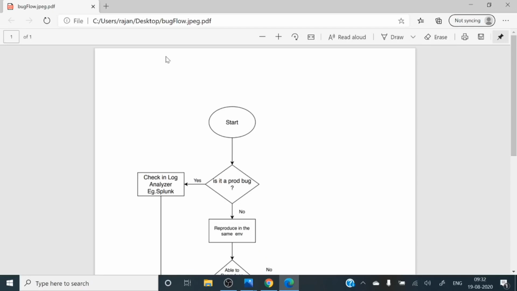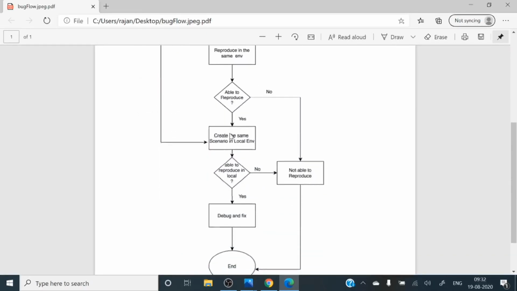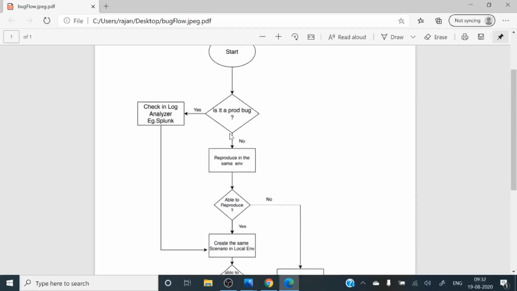To represent the overall flow, you can showcase these flowcharts to your business users, technical teammates or other teams. It will represent the overall flow of your application or module.